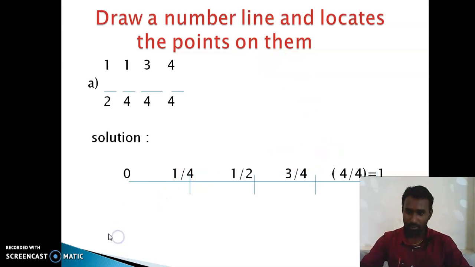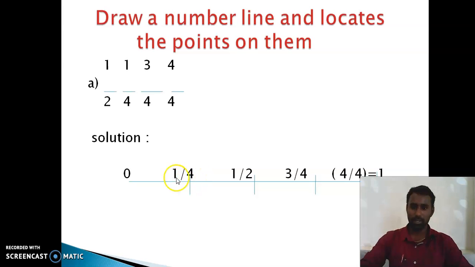First you have to guess from where to where the line will be. So here it is 0 to 1. How many parts do we have to split, sir? See the last number, the denominator is 4. So 1, 2, 3, 4. So 4 divided by 4, so 4 equal spaces. Here I put only approximately, but you have to write in equal spaces.